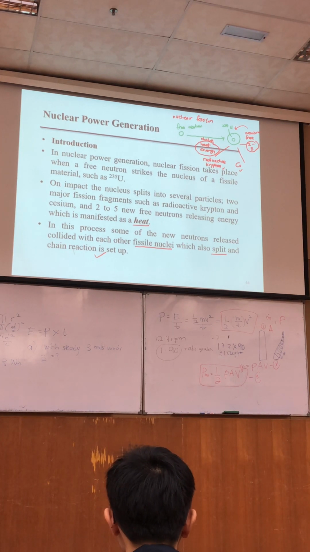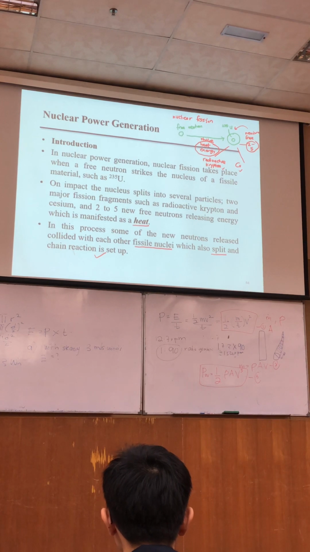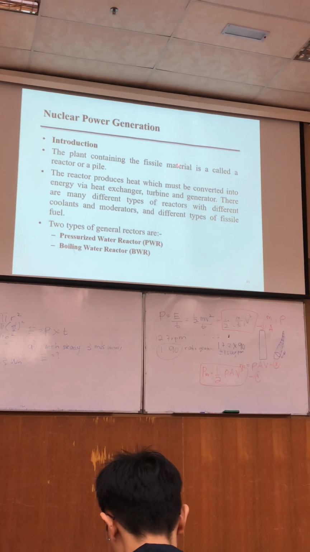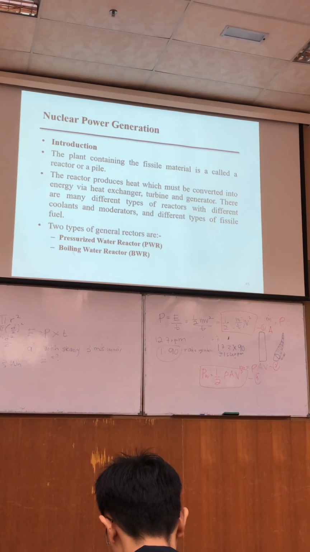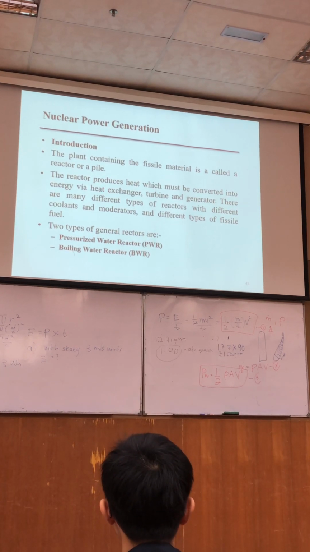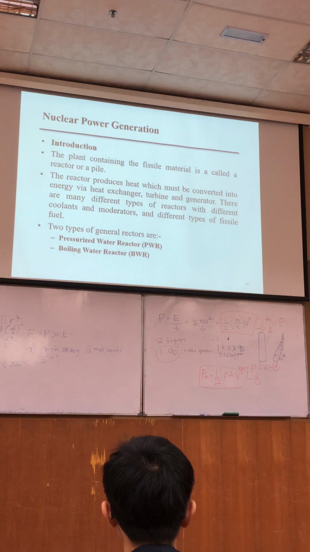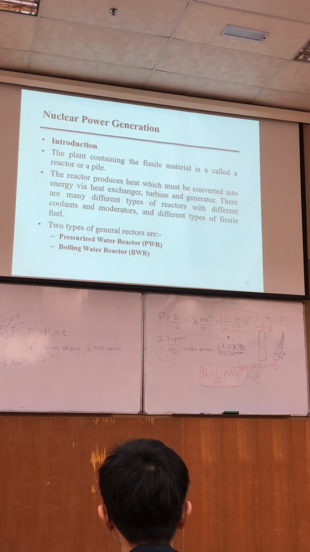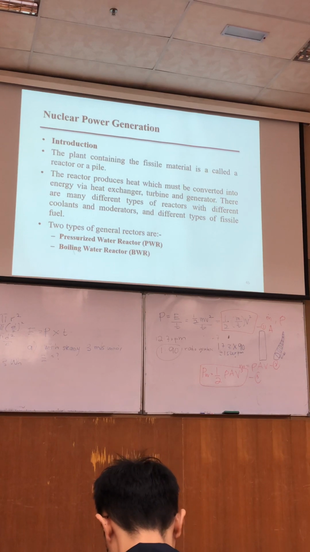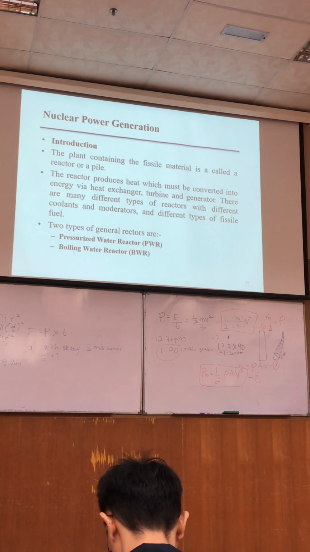Chain reaction. Okay, then the plant containing the fissile material is called a reactor or pile. There are two different terms there, reactor or pile. What does the reactor produce? The reactor produces heat or thermal energy which must be converted into energy via a heat exchanger. This exchanger sometimes we call a steam